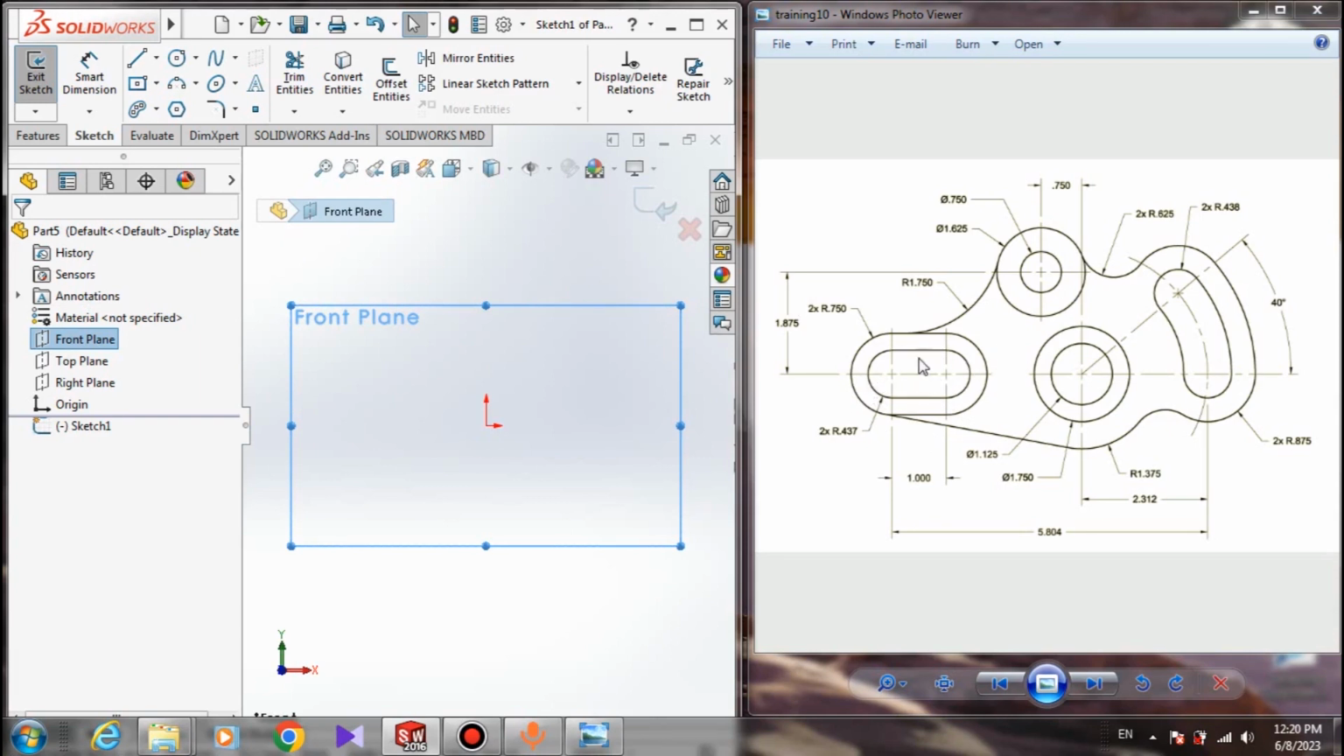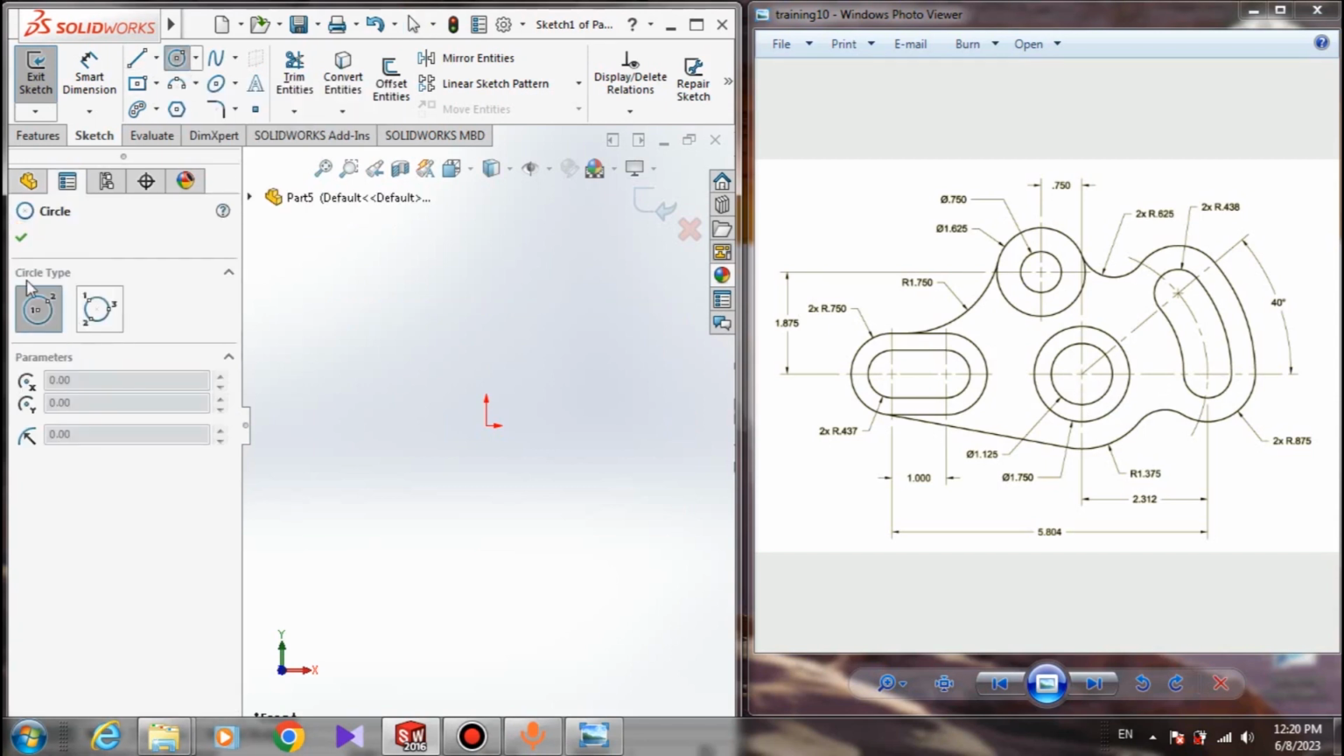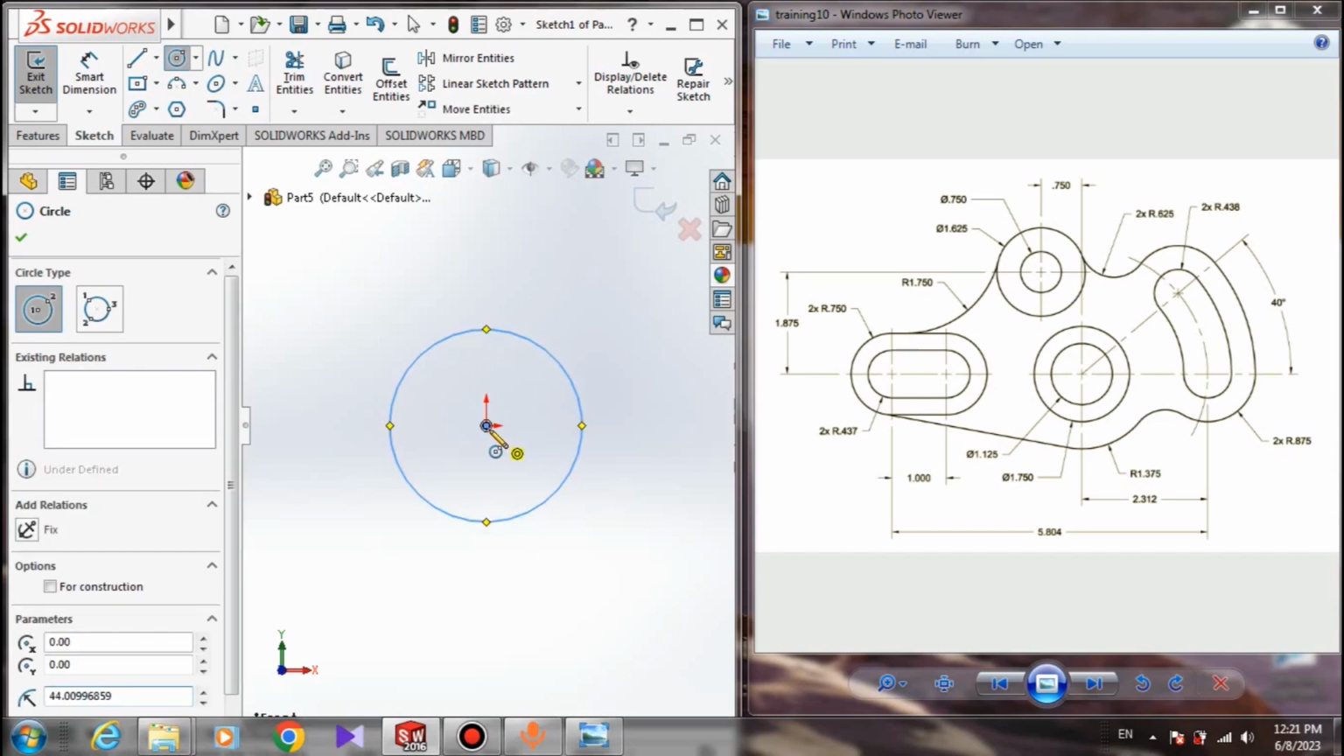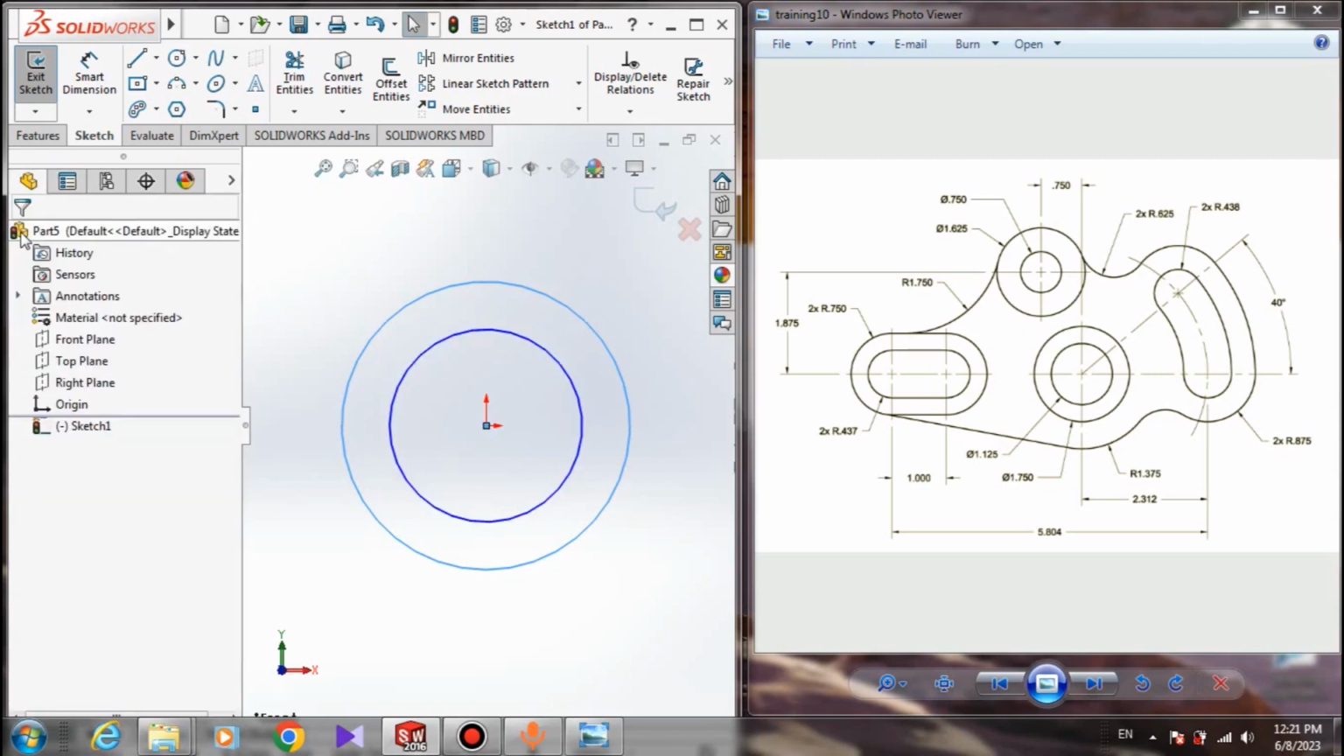For example, we can draw the slot at first, or we can draw the circles, but I'd rather draw the circles here. So here I choose circle, and here we can choose a 2-point circle. So here I start with the origin point. You can see the orange point here appears. So here I draw two circles, two circles in each other, and